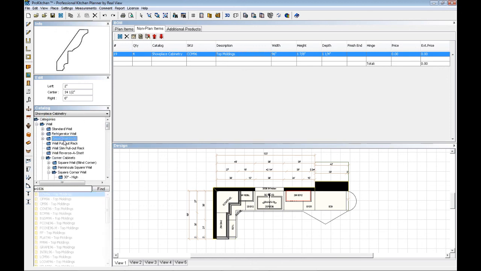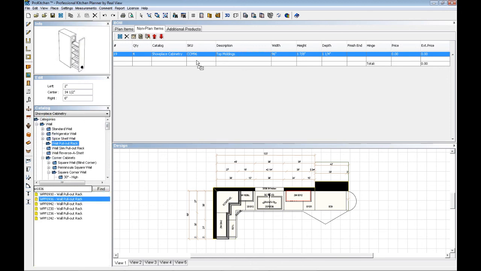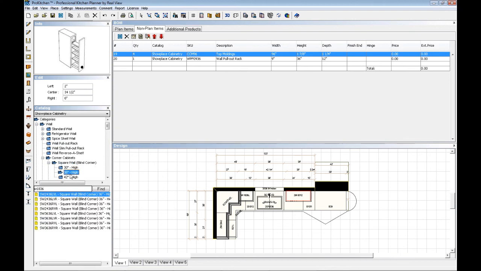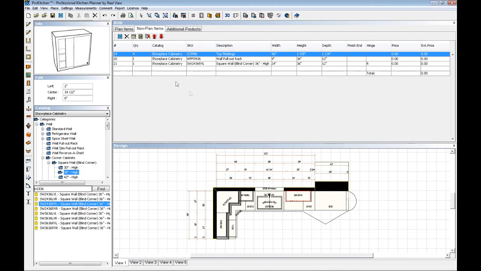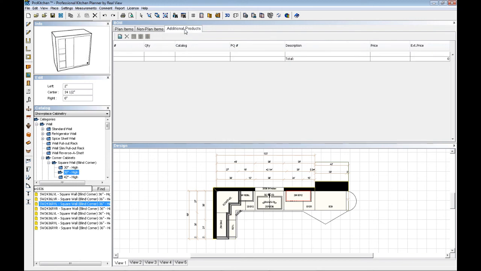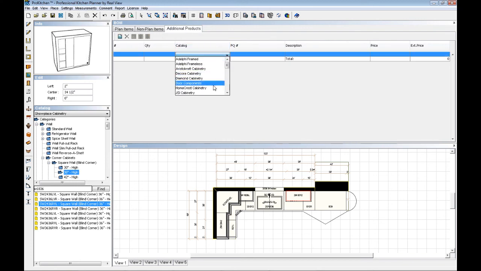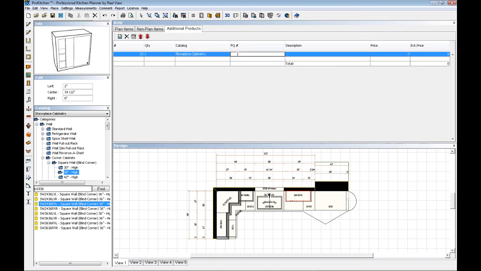You can also do the same thing. Let's say I want to just throw a cabinet in here for some reason. I want to put this cabinet up into here. I'm just going to grab a couple cabinets. I can add these cabinets into the design without putting them into the price. A new thing we have is this thing called additional products. This is where you'd put in items such as, let's say, go to Showplace here, and we have a special item that we want to put into Showplace. I can add in